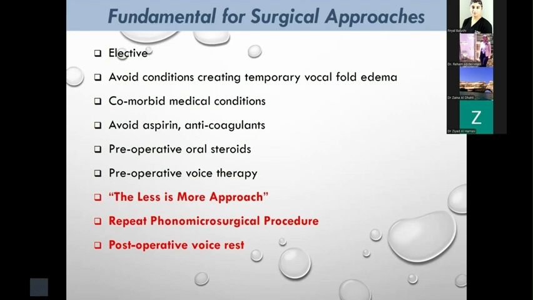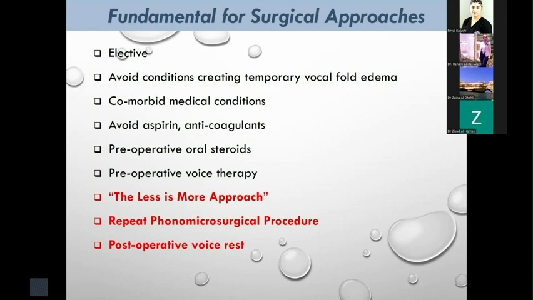And one important factor also is that prior to the phonomicrosurgery, you have to instruct your patient to avoid any condition that creates temporary vocal fold edema, like screaming, shouting, and sometimes lecturing for teachers. Similarly, you have to treat any comorbid medical condition that results in vocal fold edema, like gastroesophageal reflux, chronic rhinosinusitis, or recurrent upper respiratory tract infection. And I sometimes give the patients a short oral steroid therapy, like 2 weeks prior to